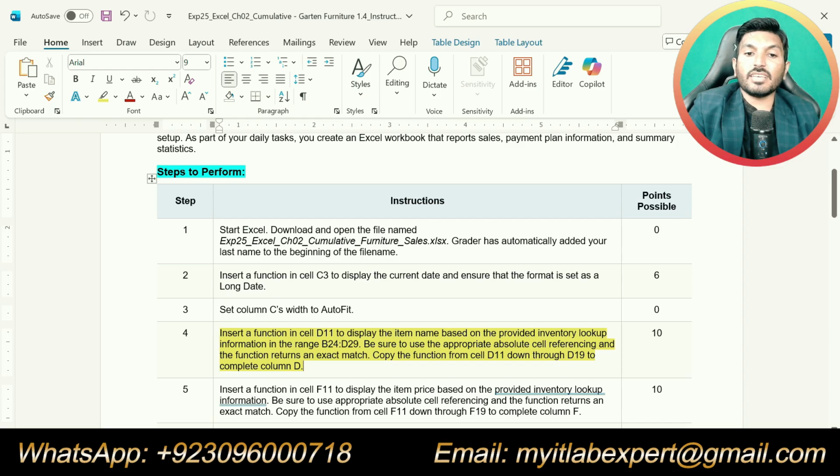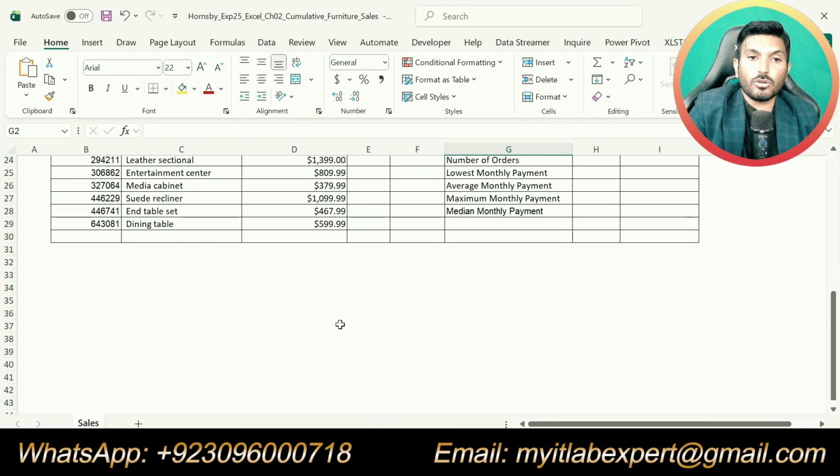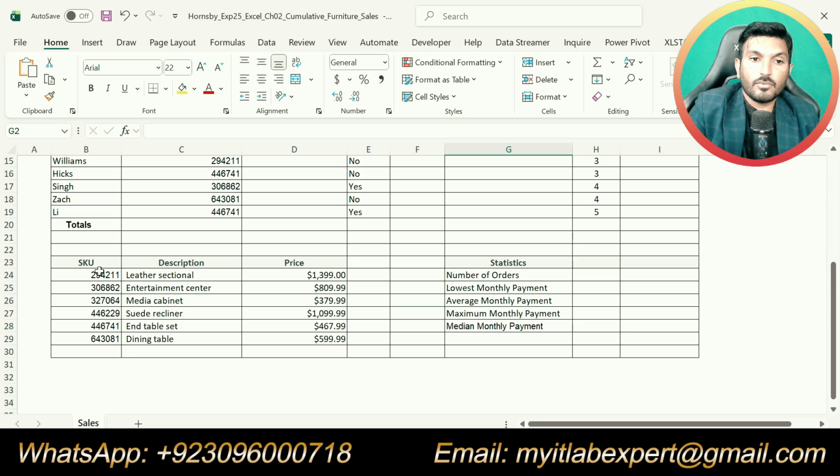Step number 4 is saying insert a function in cell D11 to display the item name based on the provided inventory lookup information in the range B24 up to D29. So B24 here up to D29.